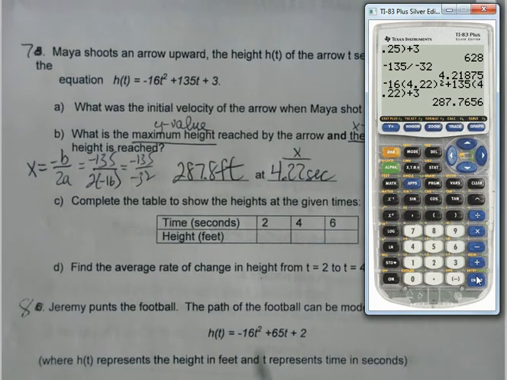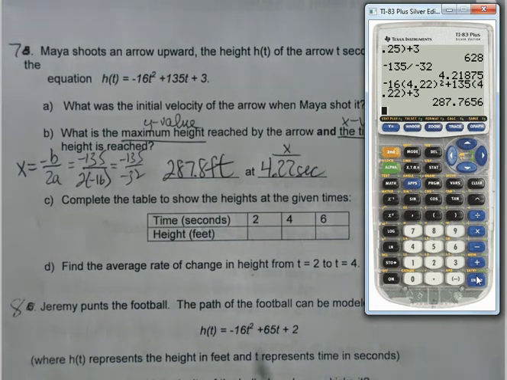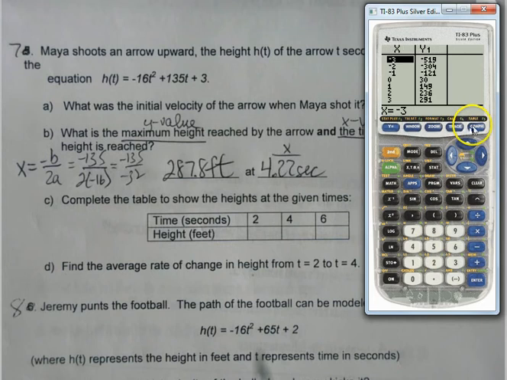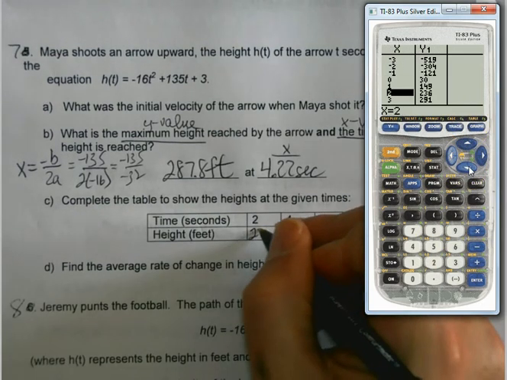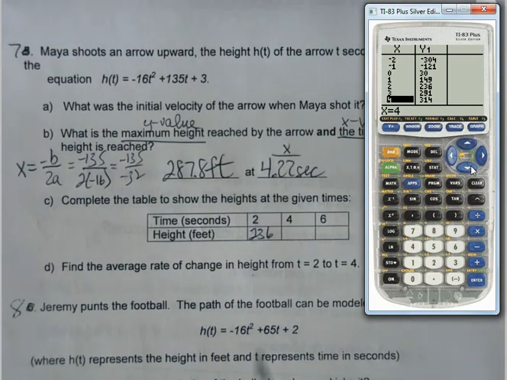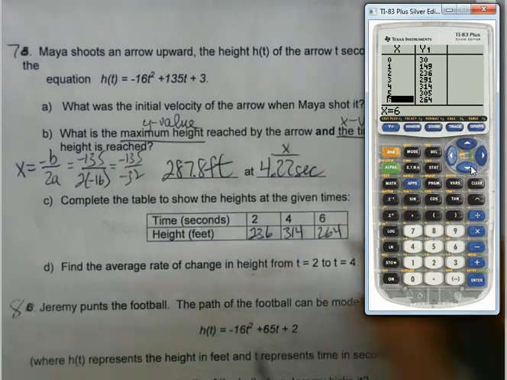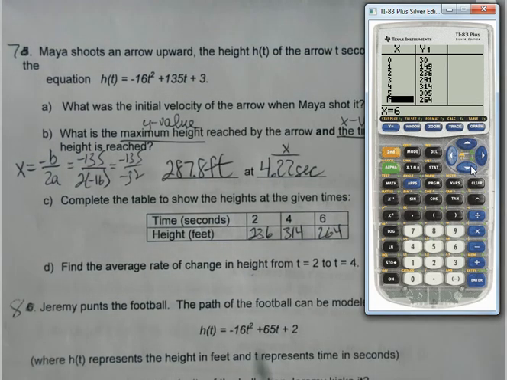And the only other thing I want you to do, complete the table to show the heights at the given times. I could just plug it in if I don't have a calculator. Totally legit. But if I have access to one, like I do right now, I'm going to type it in, go to the chart, and start plugging numbers in. 236. 314. 264. And then the last question they ask me,